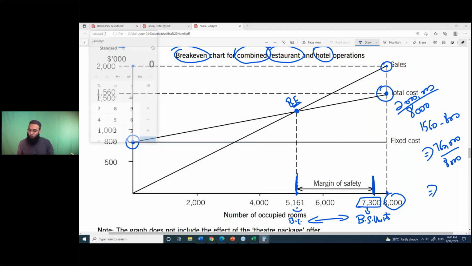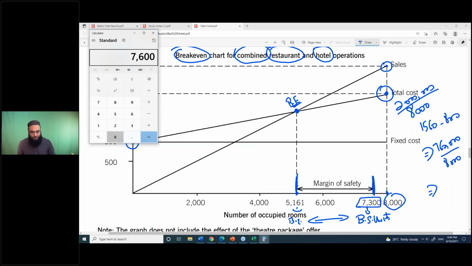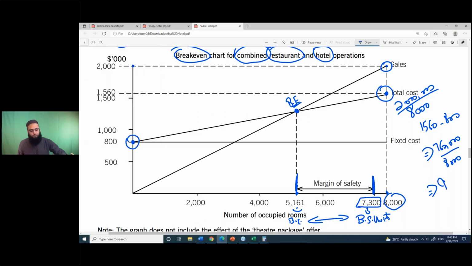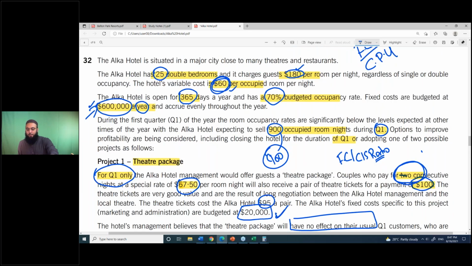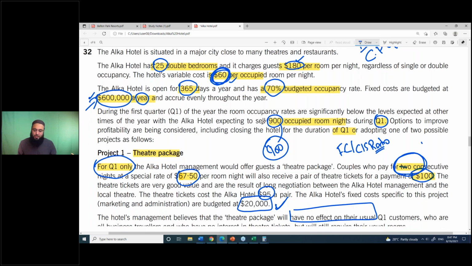So let's have a quick look. What is the answer? It's 760,000 divided by 8,000 is 95. So 95 is your variable cost. Now imagine, has it changed? Yeah, it has, because see, this is the total cost. You deduct the fixed cost from this, you're left with variable cost. You divide this with 8,000. So the previously variable cost was 60, which has gone up to 95, and obviously because of the restaurant, this